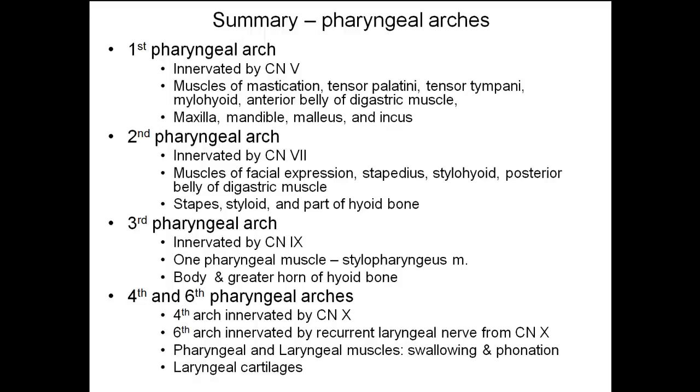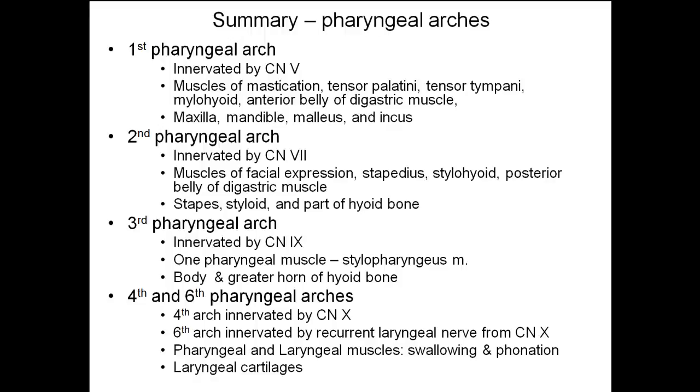Now we move on to the fourth and sixth arches, and rather than going into extreme detail, let's just say that the fourth arch is innervated by cranial nerve 10, innervates the palatine muscles, innervates the pharynx, so the superior, middle, and inferior pharyngeal constrictors, innervates the cricothyroid muscle on the external aspect of the larynx, and then the sixth arch, innervated by the recurrent branch of cranial nerve 10, gives rise to the laryngeal muscles, and